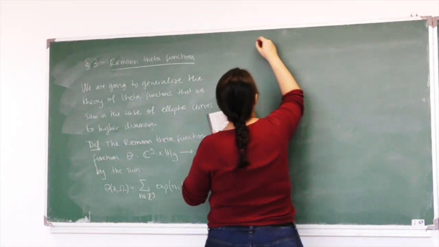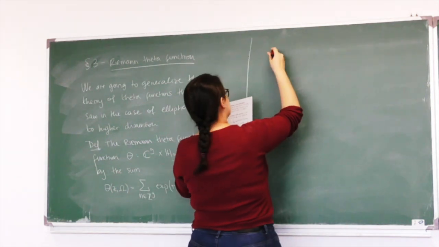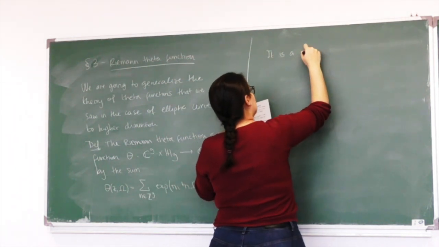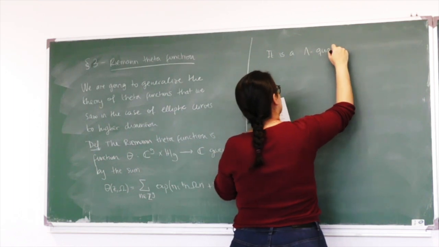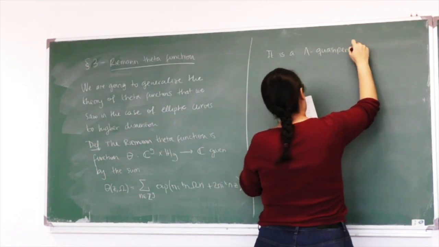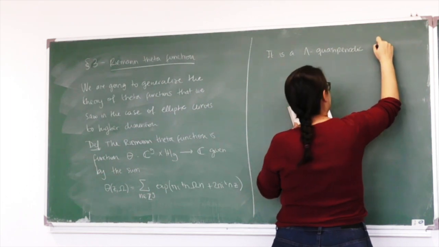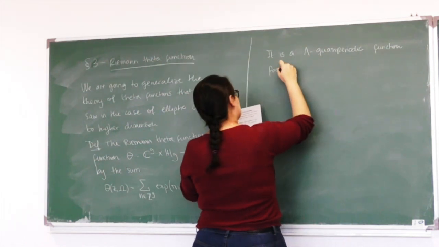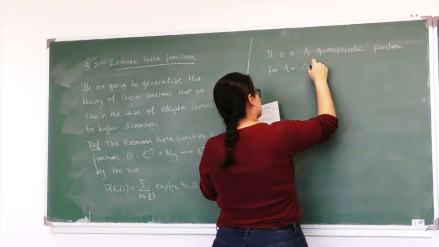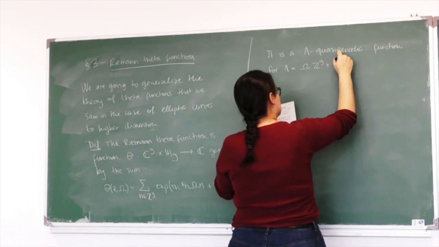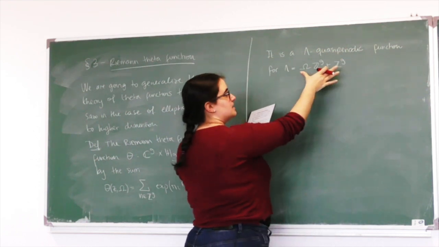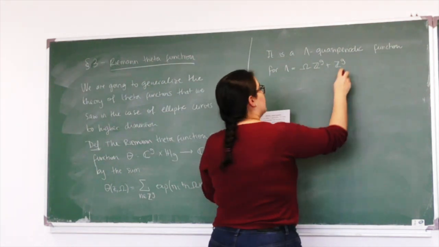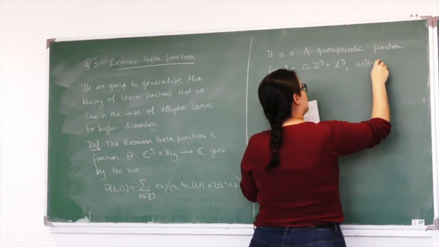But it is still a lambda quasi-periodic function for lambda equal to omega Z^g plus Z^g. So it's lambda periodic with respect to the lattice that is determined by the small period matrix omega, and the automorphy factor